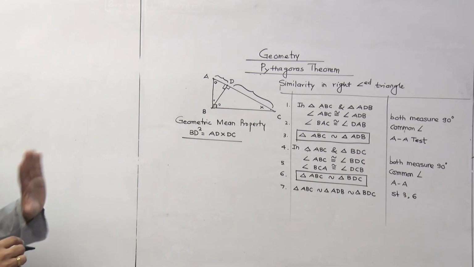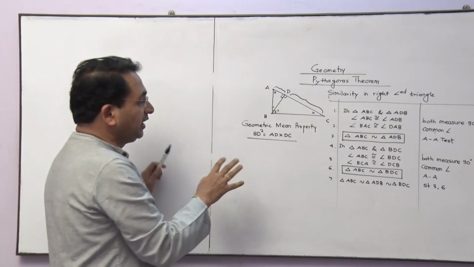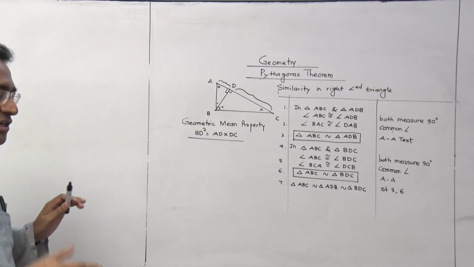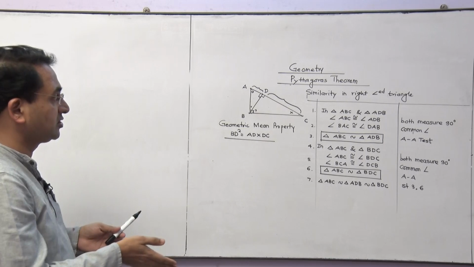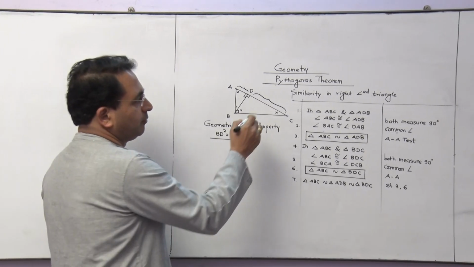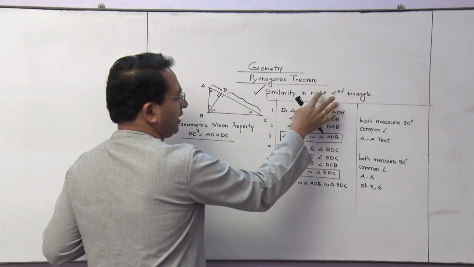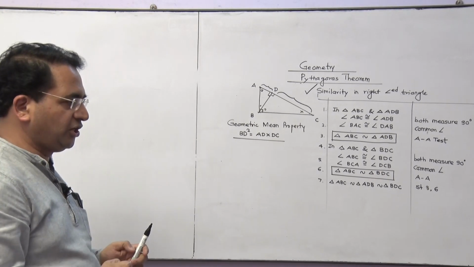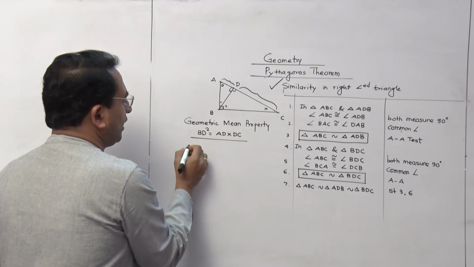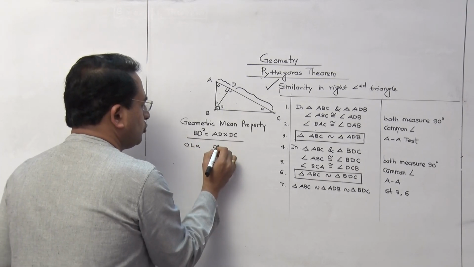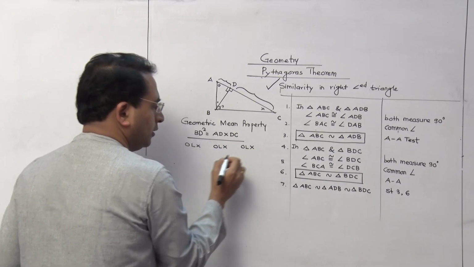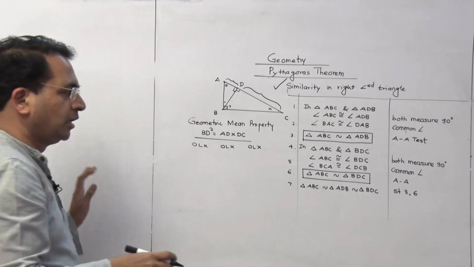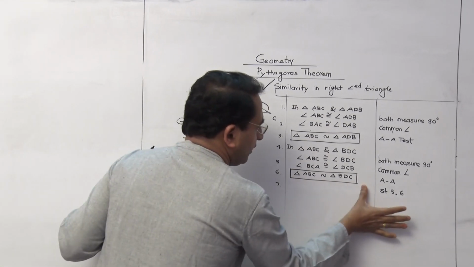Now, the proof is not difficult at all. Definitely the statement you have to prove is different, but the sequence will not get affected. That is the importance of this type of question. Now we have completed one theorem related to similarity in a right angle triangle. So we are not going to disturb those statements, only the final thing will change. Now what you have to do is, first write that in rough, correct? Now first, second and third statements, the system will remain the same, but the last statement will be different.